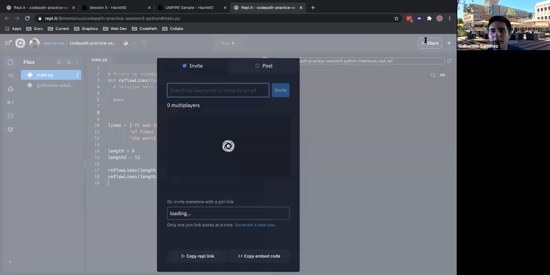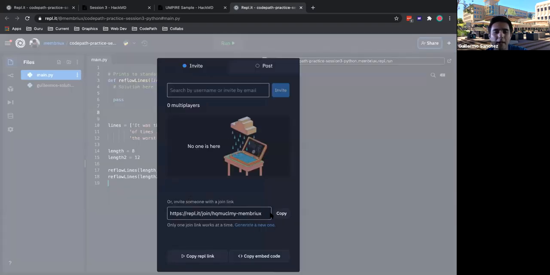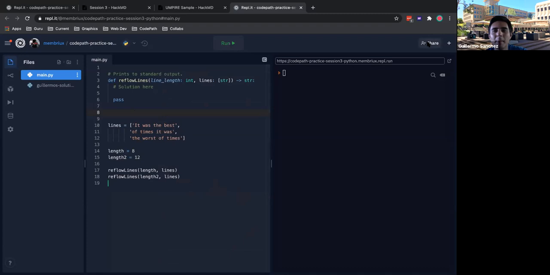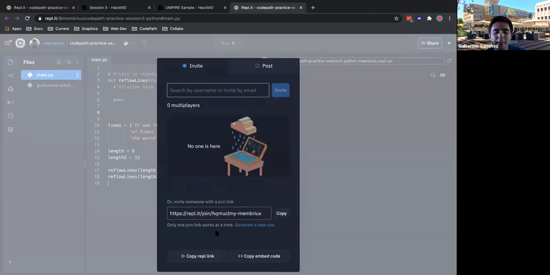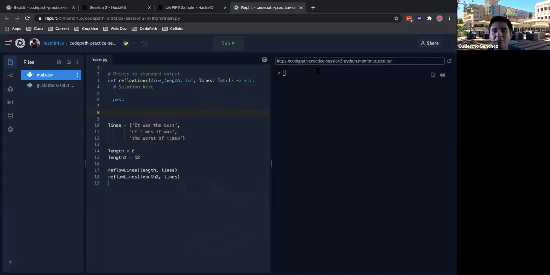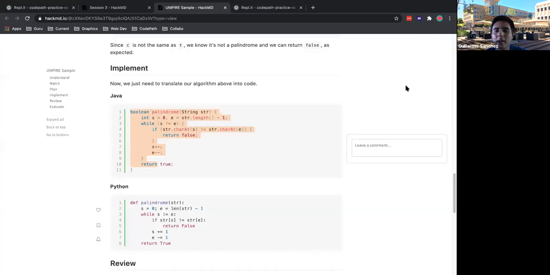So if you click here on share, and then you share the link to everyone else. I'm not going to share mine because I don't want you guys to edit my REPL, but this is how you enable other people to join in. You just copy this link and then share it with your teammates. But make sure to sign in. The best way to sign in is just using your Google account or GitHub account, so you don't have to take up so much time